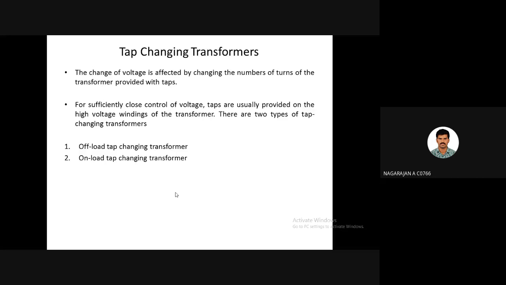Okay, EMF per turn is different from transformation ratio. For a transformer, EMF per turn is constant, in the primary side as well as secondary side. Whatever you have in the primary side, the same will be in the secondary side. The voltage ratings may be varying, but this term, EMF per turn, voltage per turn, will remain constant. Okay. So for a 2-winding transformer, the output voltage is always fixed. For example, if you have 100 turns, you will be getting 100 volts. If you have 200 turns, you will be getting 200 volts. Based on the number of turns, the output voltage is fixed.